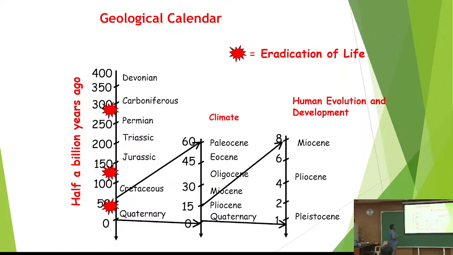This is a geological calendar. Geologists recognize these words, and we are today actually in the last 10 million years, the Miocene, Pliocene, Pleistocene. This is where human evolution happened, and perhaps this is where our climate evolved, from the Paleocene to today. This is how the modern climate might have evolved, and this is the calendar for the geological events in the